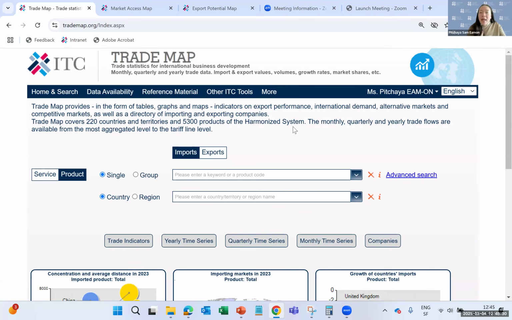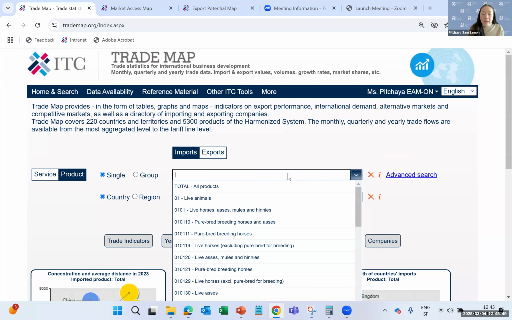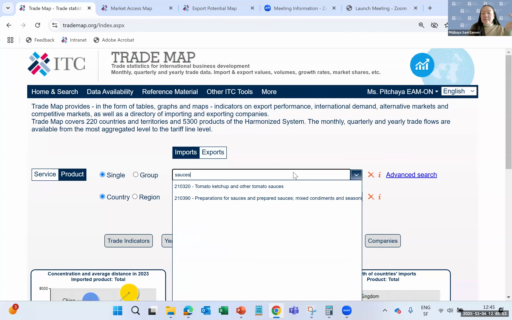First things first, when I have a product in hand, I would like to know who all my potential buyers are. I want to find potential new markets in the world, so I'm going to be looking at the global demand. Therefore, I'm going to select trade direction, import. In terms of the product, I can type in the word sauces. Not a problem. And the system will automatically filter and show me only the HS codes that contain the word